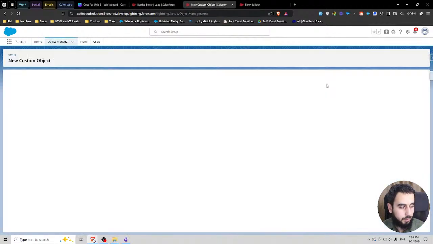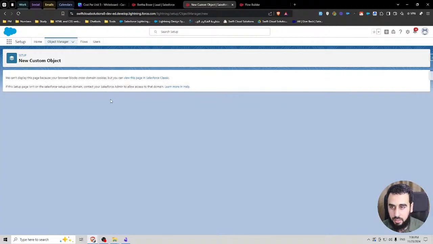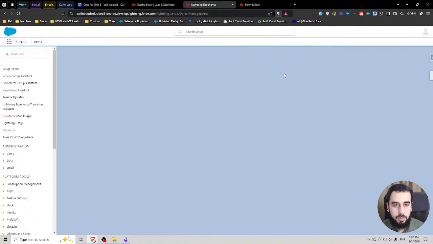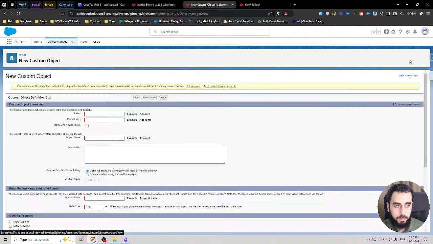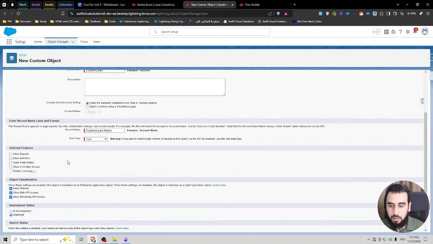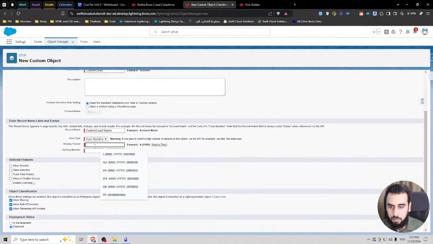I'm going to create a custom object for lead. That's going to be the custom lead. So this is the custom lead object. I'll just set this to auto number and then custom lead 1.